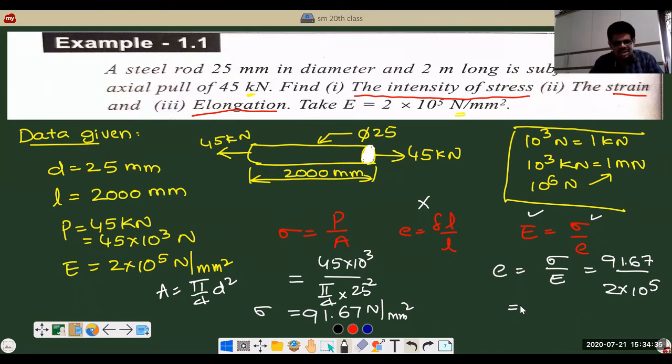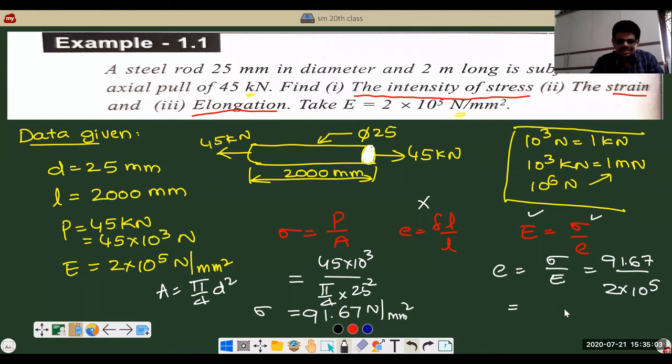So you have to use all the three formulas and apply the appropriate formula for determining. Here there are two formulas for E, but this formula is not suitable straight away because we don't have this value of delta L. But this formula is suitable because we have the value of E and we just determine the value of sigma. So the only unknown is small e, that is strain. So you can determine the value of strain by using this formula.